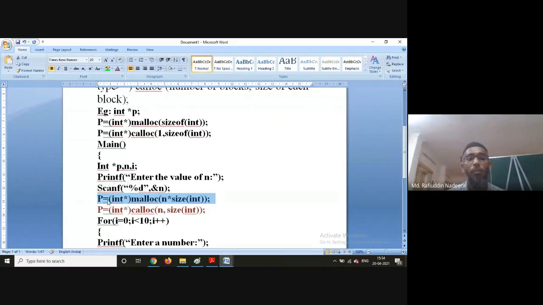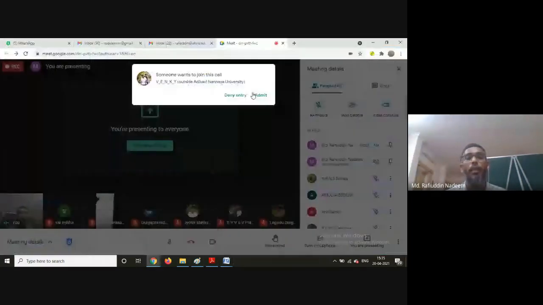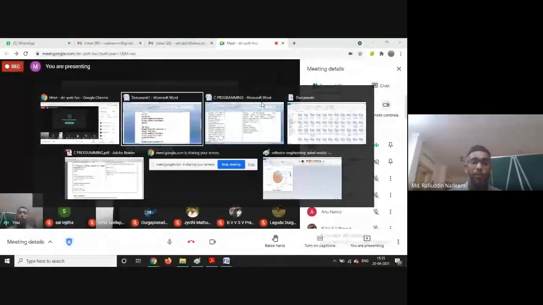Then p is equal to int star malloc of 4 into size of integer. Now what happened here is I can compare it with the bench there. One bench, where it is capable of making 4 students sit, will be allocated. A continuous block of memory is allocated in which 4 students, so 4 numbers, can be stored. Whereas if you are going for calloc, it is also going to allocate the memory for 4 members. Now it's not benches. Just assume it is 4 chairs placed one after another, used to store them.